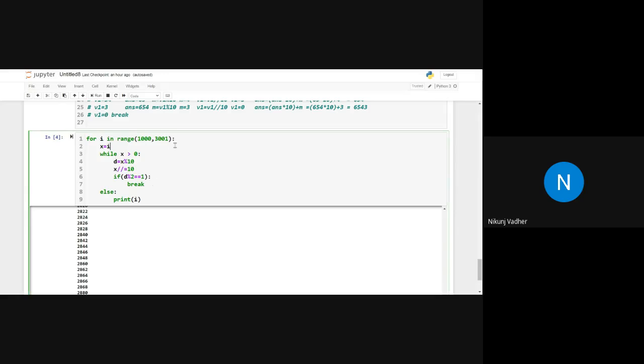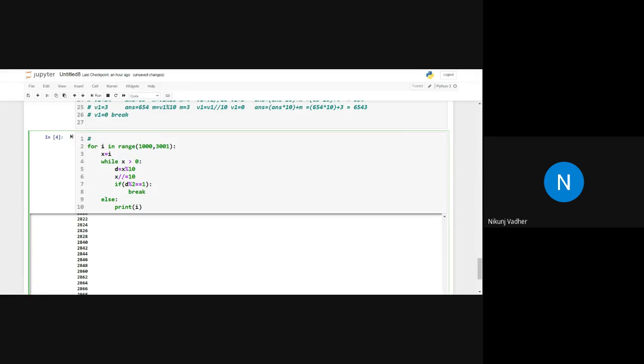Now let me give you an example. Let's say in between 1000 to 3000, this is a number: 2346. Here you see one digit is 3. So if any of the digit in the number is odd, then we will break the loop. What will happen if we break the loop?